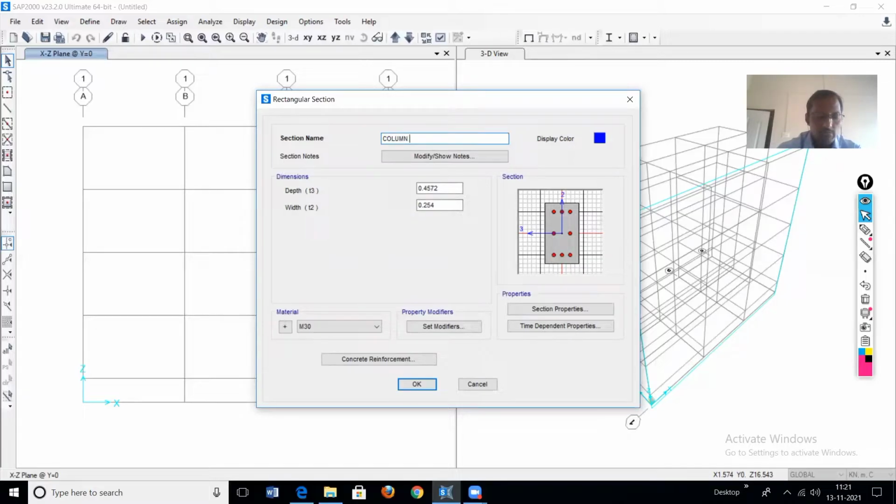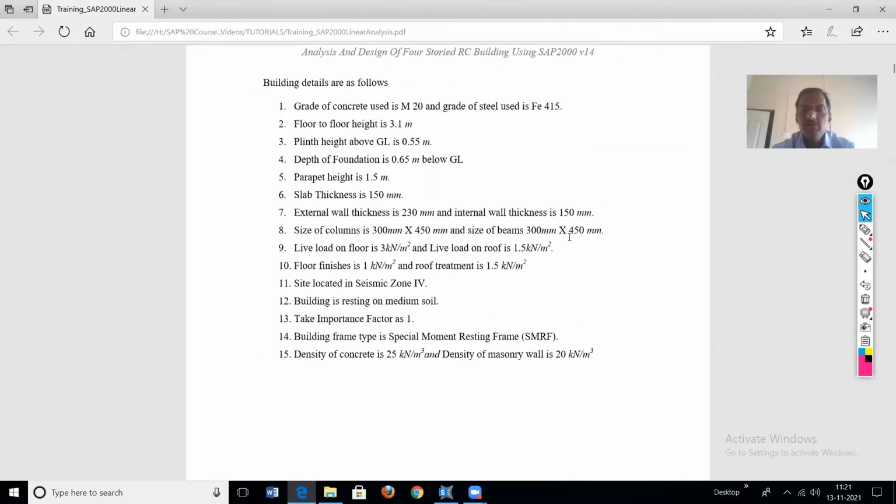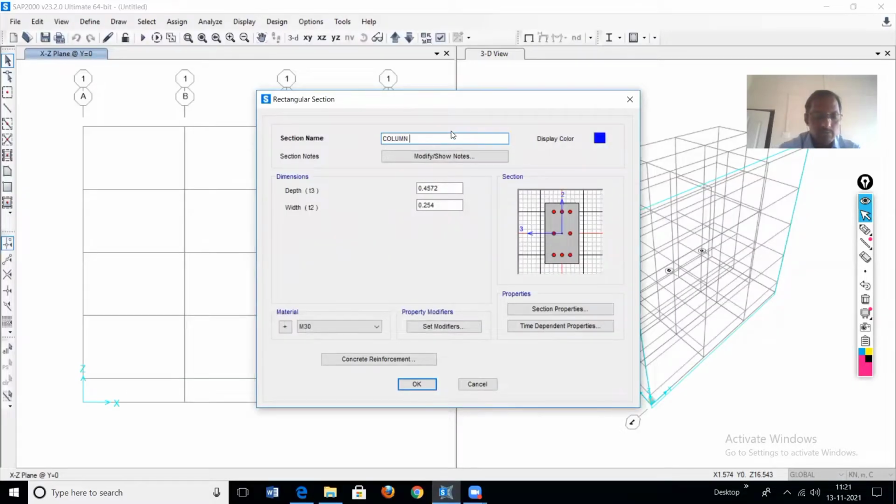While defining, give the names very properly. The column is 300 by 450, and the beam is also 300 by 450. So it is column 300 by 450. Here, define the depth and width.